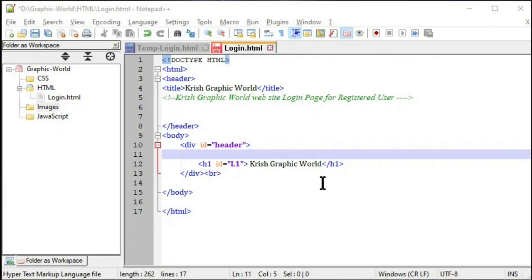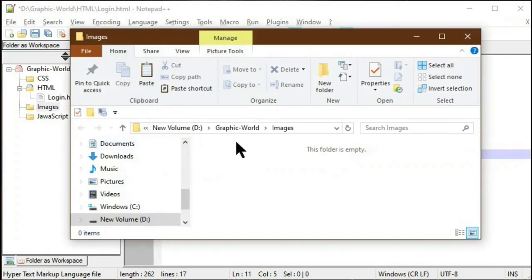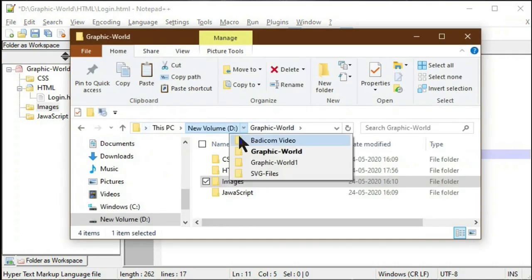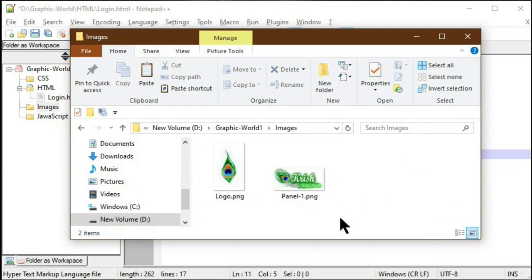Okay, now we will add some images to our image folder. For adding images to the image folder, just select that image folder, right click it, Explorer here, then navigate to the particular folder where your image is available, then select the image from that folder.